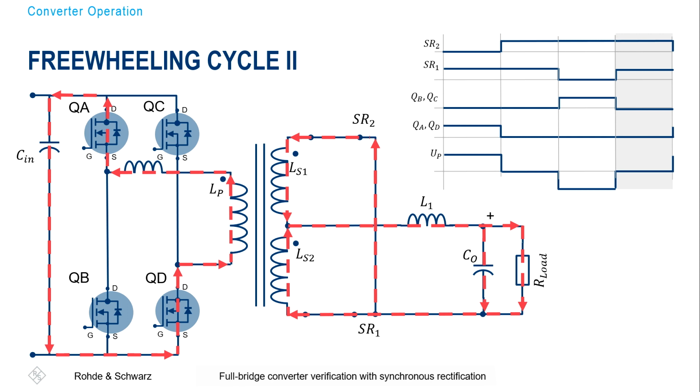One example is when you have this freewheeling cycle 2, and when you start to enter the energy transfer cycle again, you need to be sure that you have opened the synchronous rectifier 1 and 2 at this point before you start with an energy cycle. There needs to be a delay at that time, for example. And if you don't do that, you have basically a short here when you start to push energy from the primary to the secondary. So these kinds of measurements you have to do and ensure that there is some